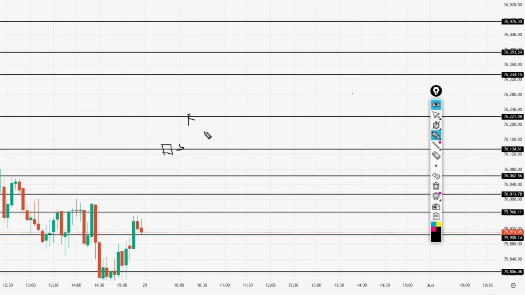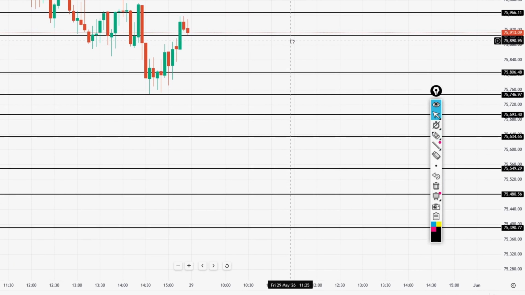This will be your resistance area. You can use these levels for your trading. 76,134, 76,221, 76,334, 76,393, 76,475, 76,547. If the market opens gap down, or if the market is opening flat, you can take this as support, then you can take this as resistance, then this will be your resistance. This is for the downtrend, and the levels will be 75,904, 75,806,